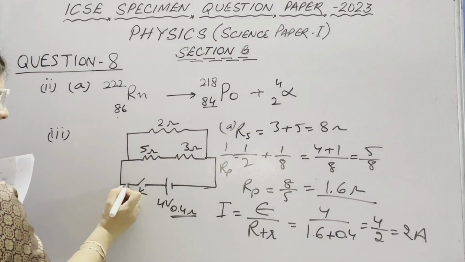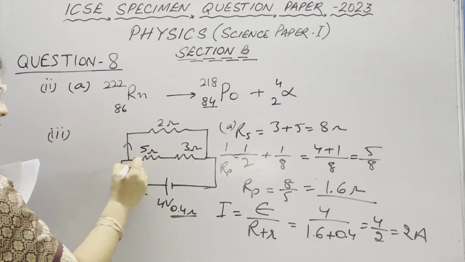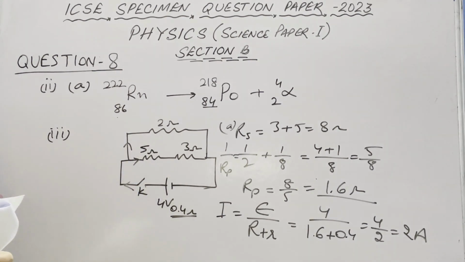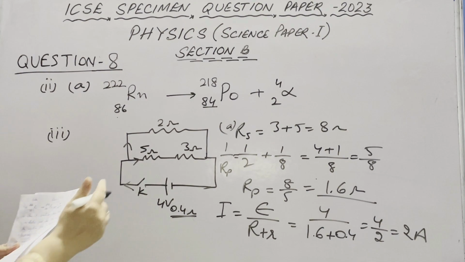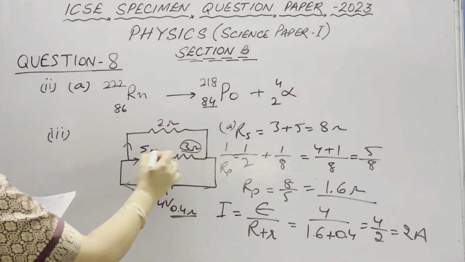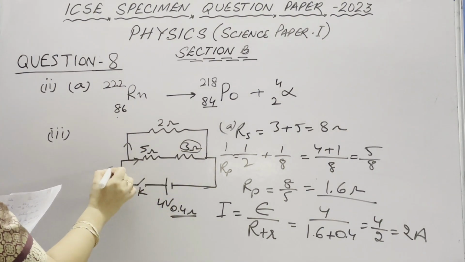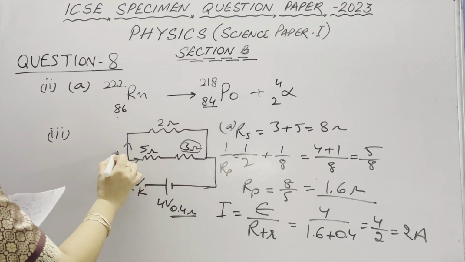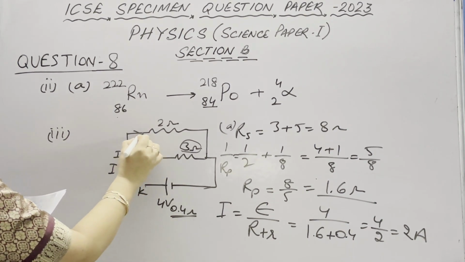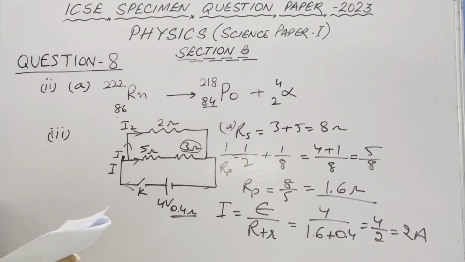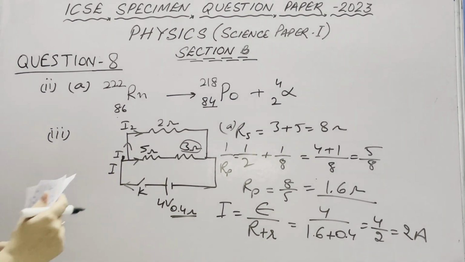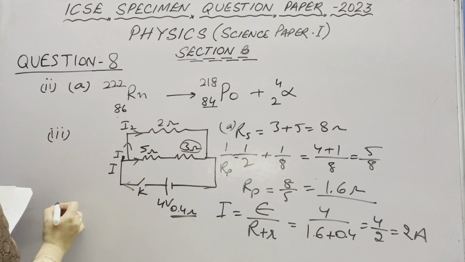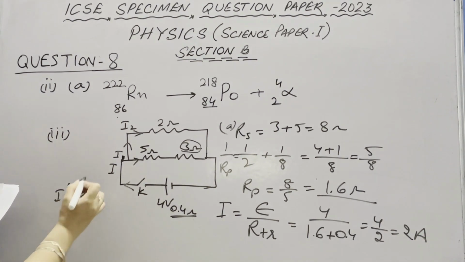In the total circuit, this is the positive terminal, so 2 ampere current is flowing. Now in the second part, calculate the current through the 3 ohm resistor. We know that these are in series combination. Current I is coming, I1 is going in this branch and I2 is going in that branch. So we can calculate in two ways. First, if we want to calculate I1, the current through the 5 ohm and 3 ohm resistors,